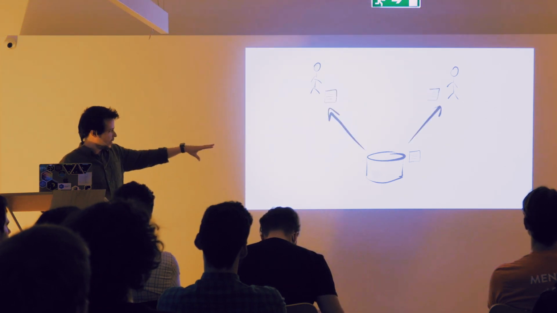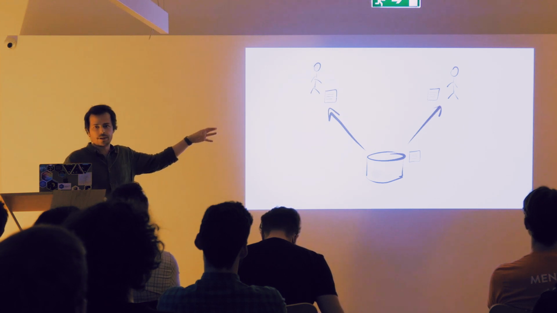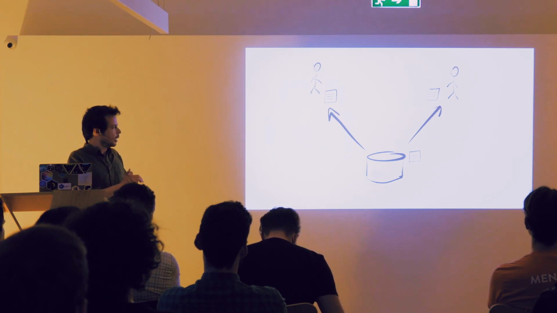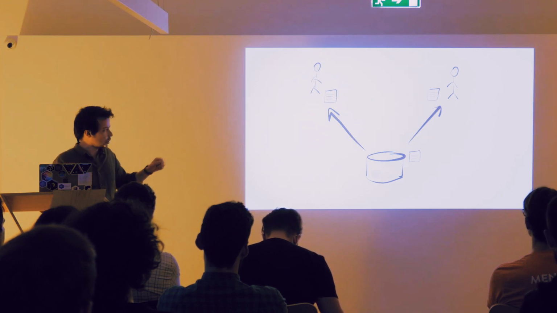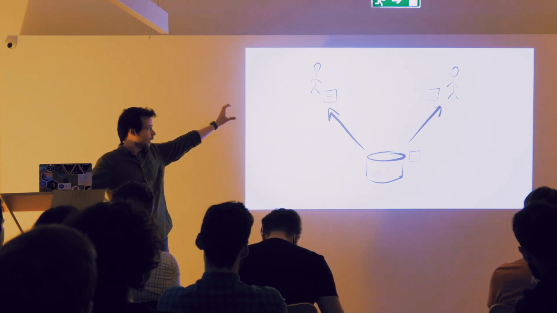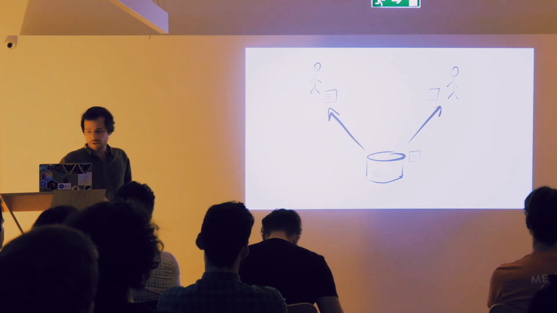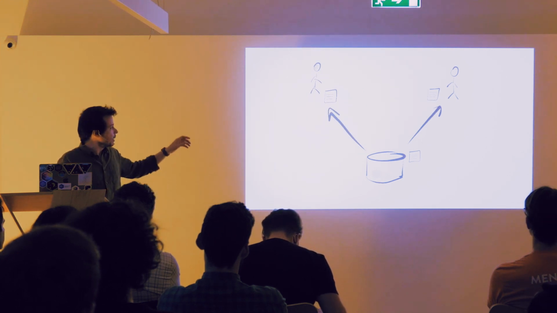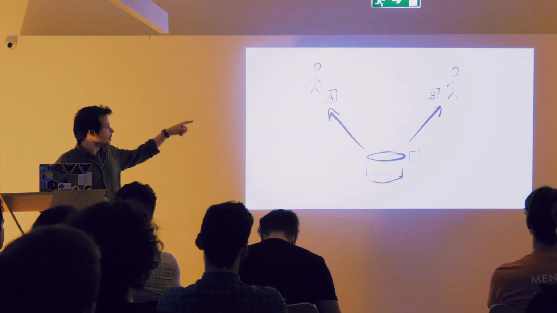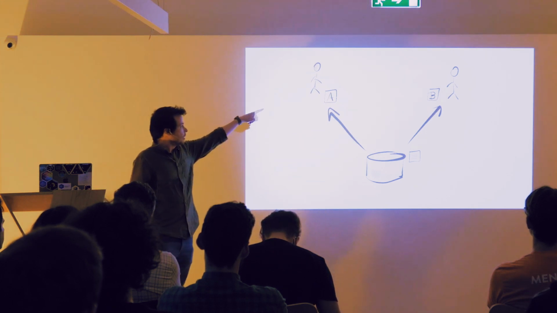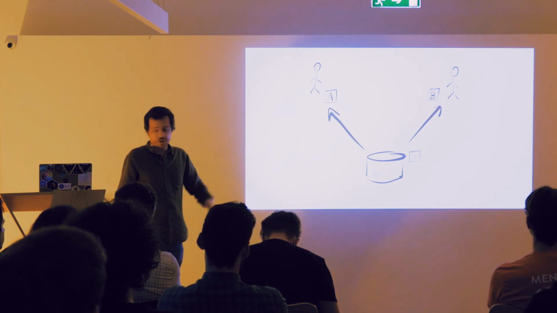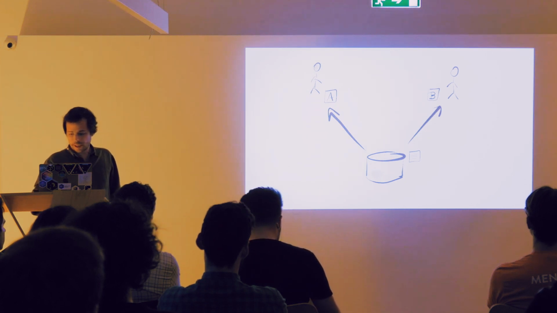Okay, so the database has this record, and the two users fetch this record. Let's say that they're editing this record over a form, a web form, for instance. So each one of them has a browser, and they load the document on their browser, and they make some changes. So this stickman changes the document to A, the other stickman changes the document to B, and then